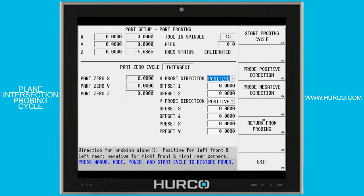So we have a part chucked up in the vise, and the first thing I'm going to do is position the part probe stylus to a location about 45 degrees off of the front left corner, or the corner that I want to probe, and I'm going to come off of there maybe 1/4 of an inch. Then I'm going to drop down my Z so it will make contact to a level where it'll make contact